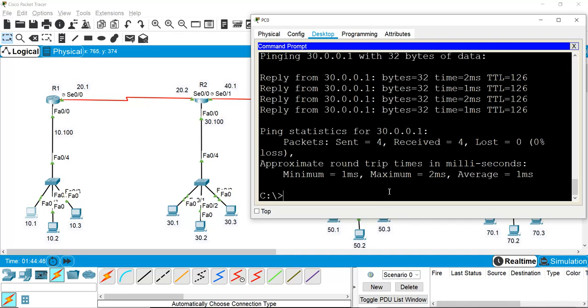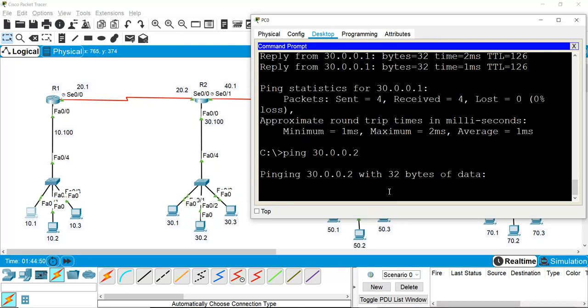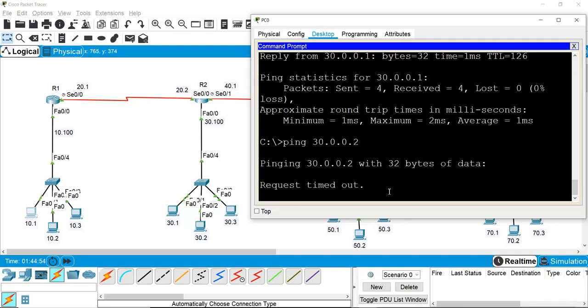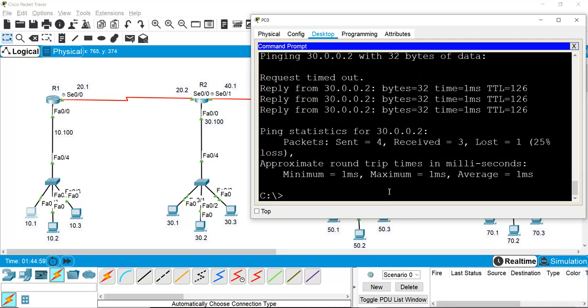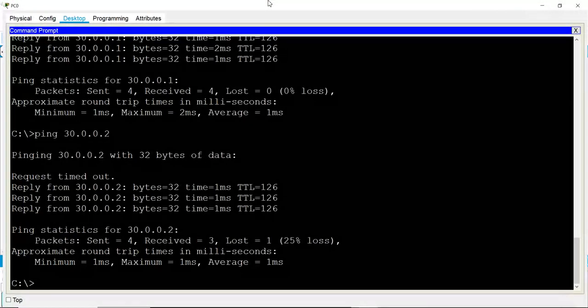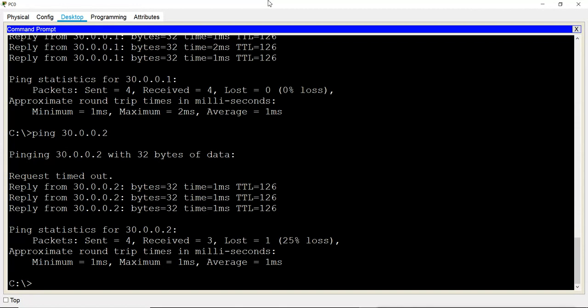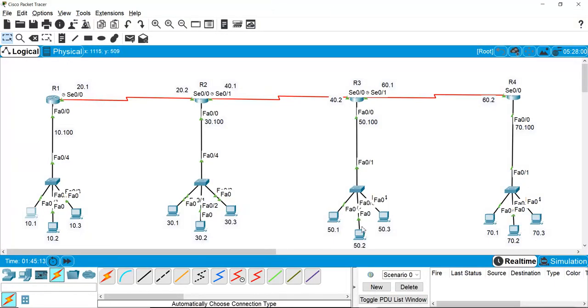So I can ping any of the IPs from network 30, like 30.1, 30.2, 30.3, and I can also ping the other networks, like 50.1, 50.2, 50.3. So I can ping 50.0.0.2 or 1, which is this network.